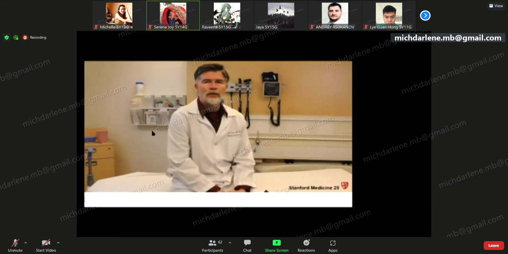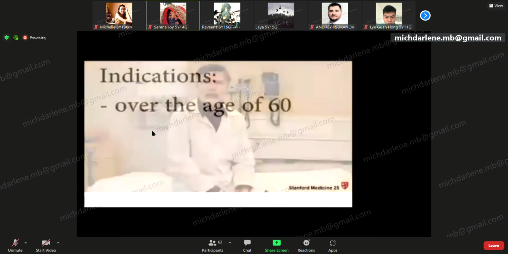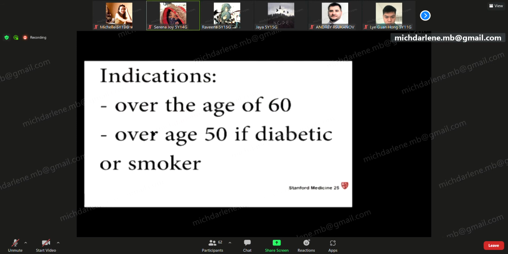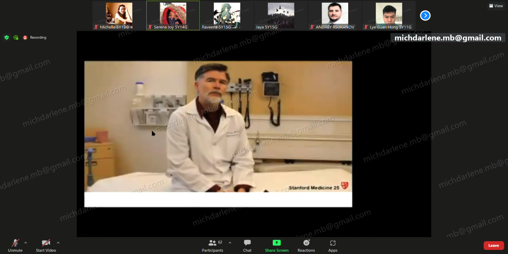So with a simple handheld Doppler and a blood pressure cuff, measurements at the ankle and at the arm can give you an ankle brachial index to tell you whether or not the person in your office has peripheral arterial disease. Everyone over the age of 60 and anyone over the age of 50 that's diabetic or a smoker should have this test done, because we have life and limb-saving medical therapies for these individuals, like ACE inhibitors and statins and antiplatelet agents, and even beta blockers can be used in patients with peripheral arterial disease. So let's get started.